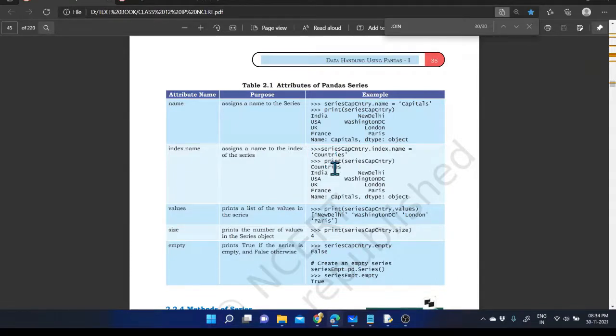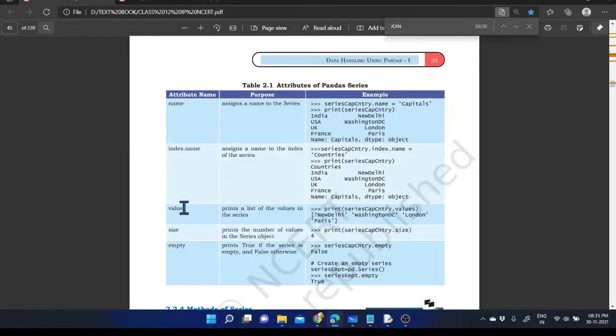That will be taken as the name of the index. Here you can see that countries is taken as the index name. That will be the heading, the name we allotted to that particular index, and it will be displayed there.